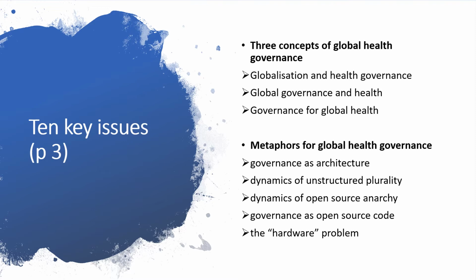Or the trade agreements, which would influence the behavior of pharmaceutical companies, would be an instance of global governance mechanisms that are not specifically health related having an influence on global health problems. Then the third concept is governance for global health. This refers to governance structures that are needed to further global health goals. The example is given of the proposed Framework Convention on Global Health, which doesn't yet exist.